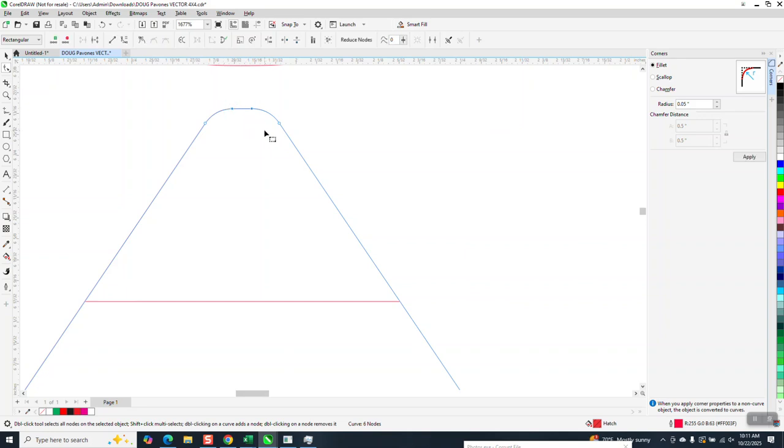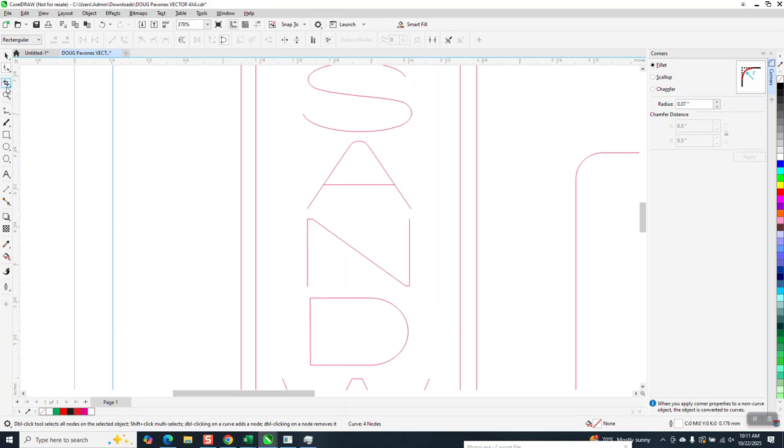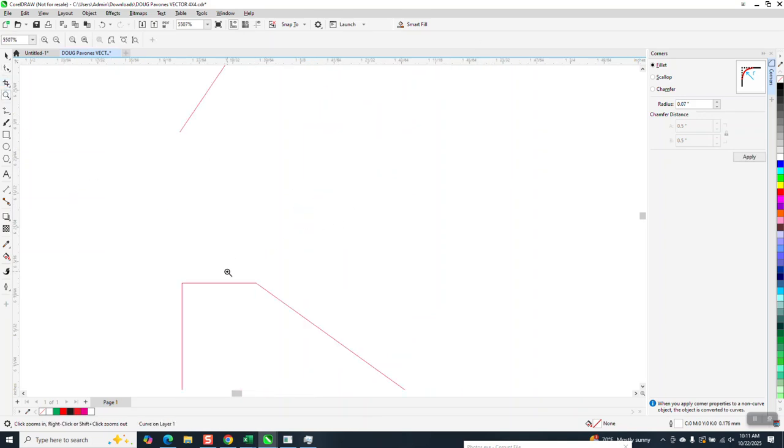see if we can't take those two nodes out because it's not going to change anything. And from there, if you wanted to change a little bit of the curve, if we take these two away, it's going to change it too much. So you can always go like 0.07 maybe, and round that off. And then, I'm kind of curious why that doesn't need to be rounded off, that sharp